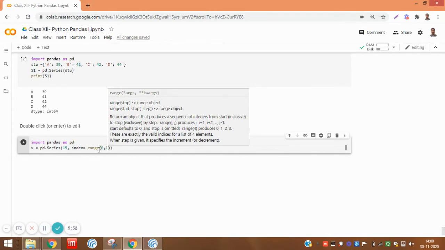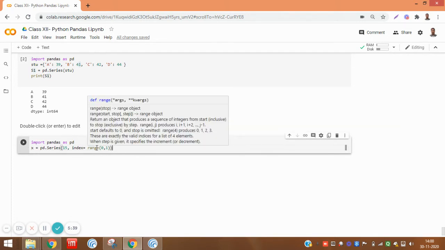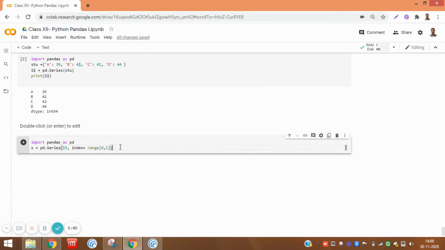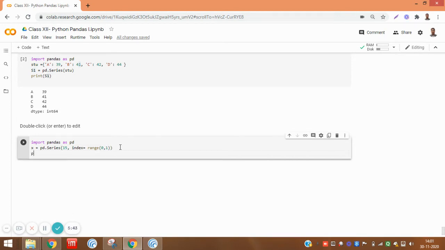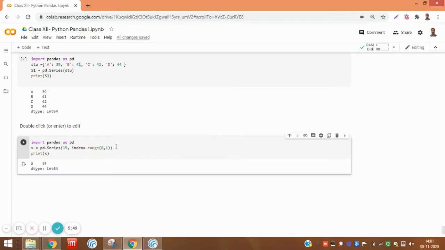So you can check here with print x. On index 0 it has given 15.